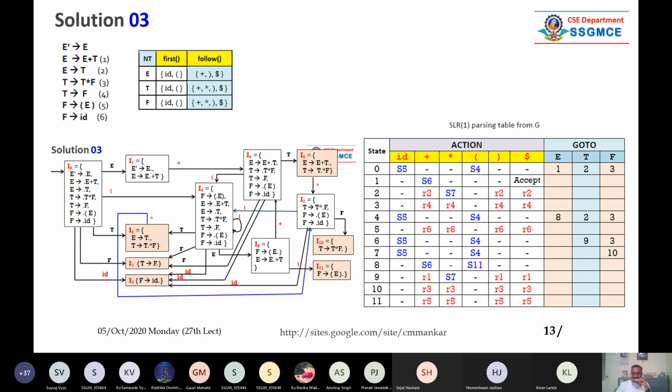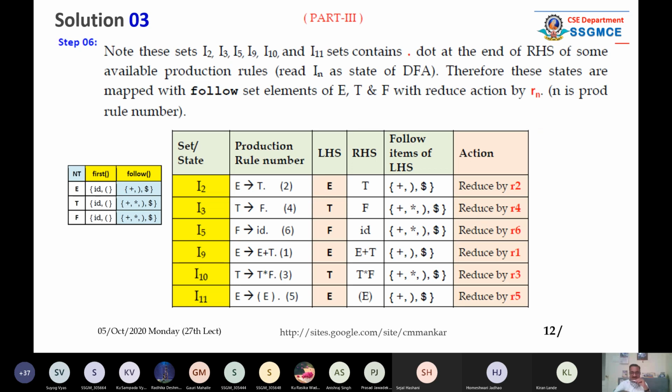Later, because we shall see it in detail later, but you just understand it and download whatever PDF I have shared with you from FTP. Anyway, this is how we have to construct the complete parsing table. So you have to keep this. This is important because it collects all the items where the dot is at the end.